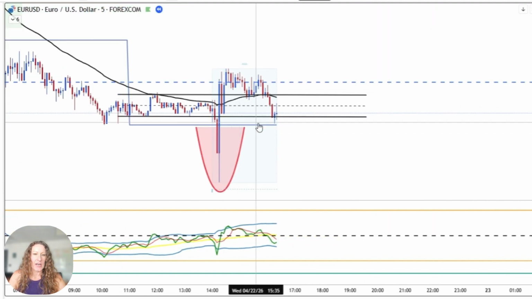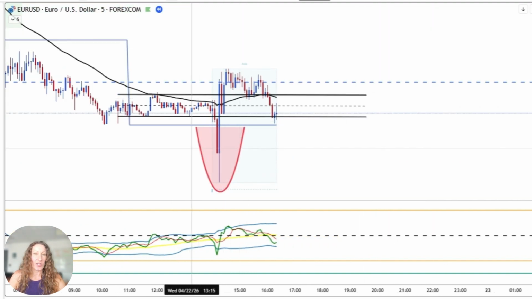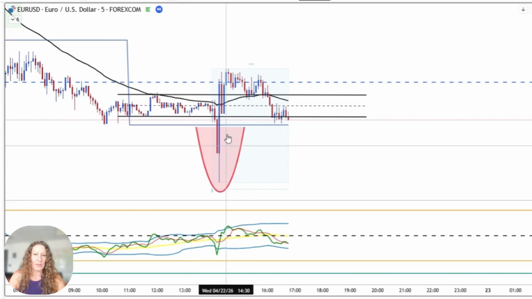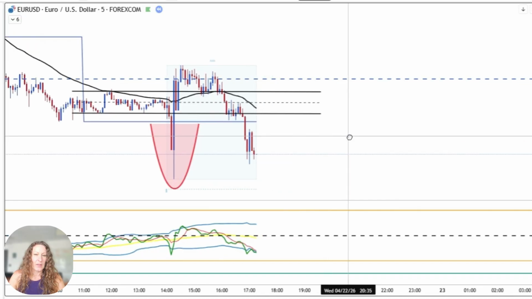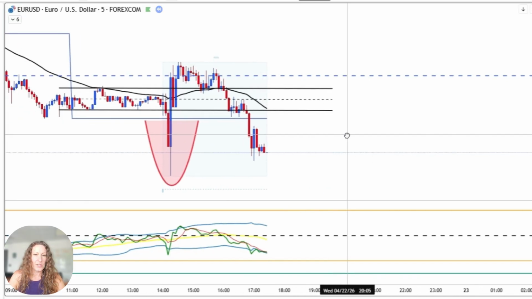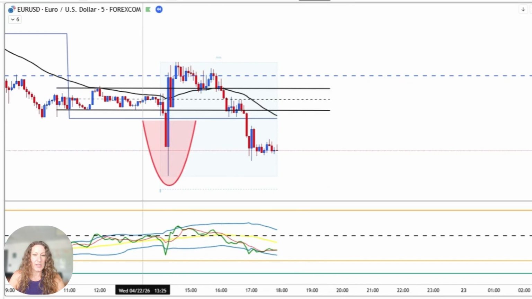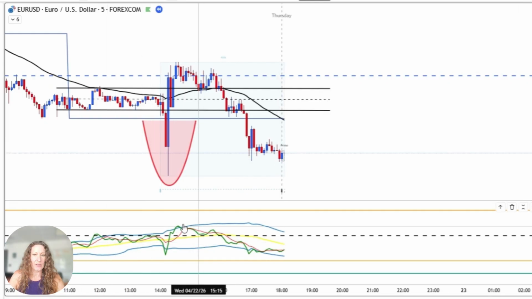And because this trap move went below yesterday's low, I think this is an inducement low because it shot down and then pulled back and stopped. So there might be another trap high. It looks like they're really trying to get you to go short, which is the correct way. I do think this is a short just because of the way it's acting. It came back up here towards the top of the bands.